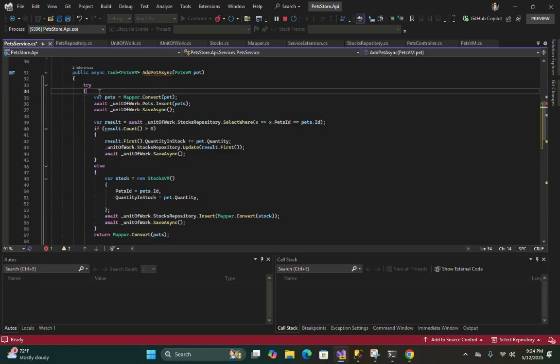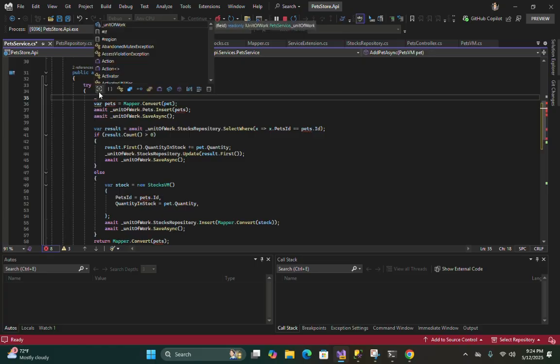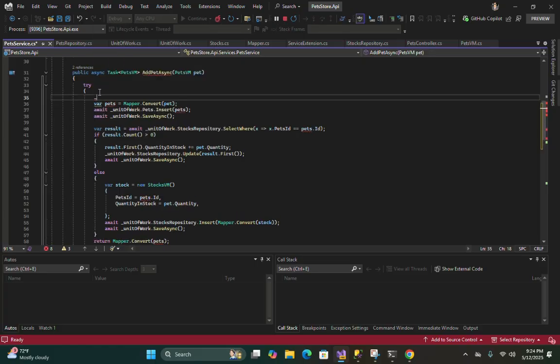Here in our try block you can just use unit of work, okay, just begin the transaction, right? Unit of work dot begin transaction async. All right, just here you start your transaction, right? From here the transaction begins.